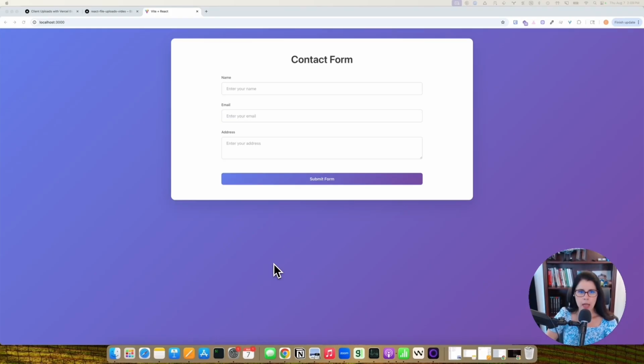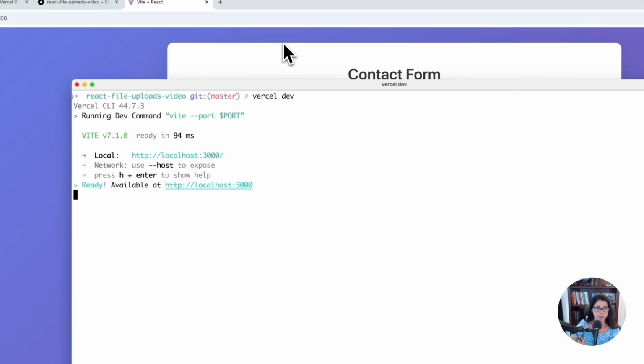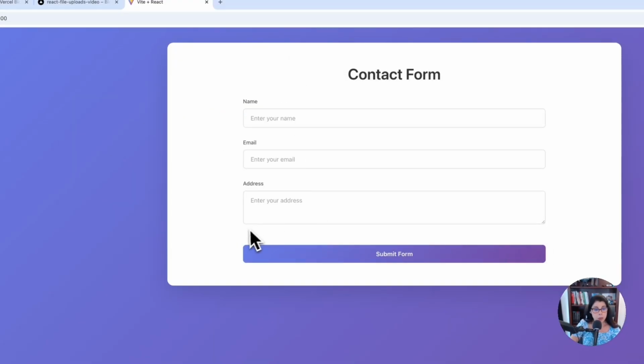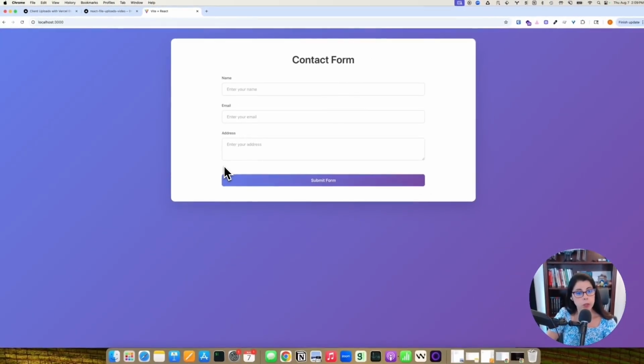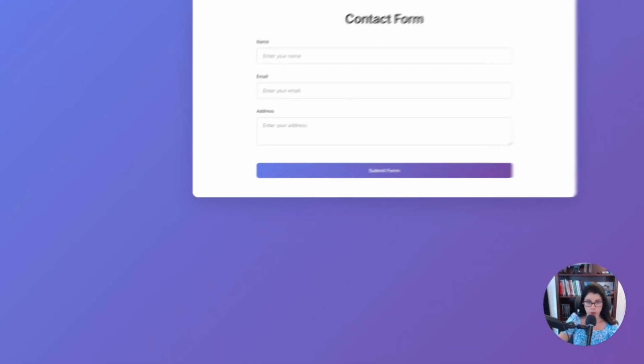We are going to be using Vercel serverless functions, so you have to run Vercel in dev mode. So we're going to run this in Vercel dev. And what we want is to allow the people filling out this form to include a file. So what we're going to do is go into our React code and